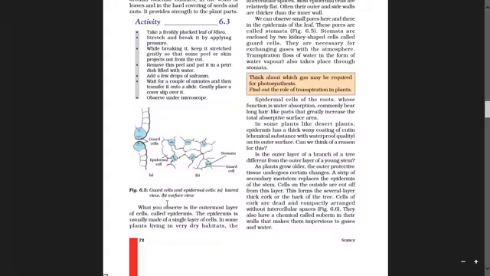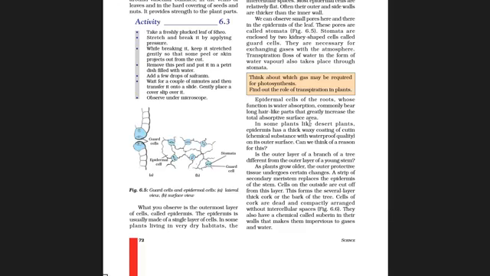Here, if you can see, the epidermal cells of the roots carry out the function of water absorption. So how do they carry out water absorption? They have root hair. Through this root hair, they can absorb more water, right? But this is what they have told about the normal case. What can you see in the desert plants?